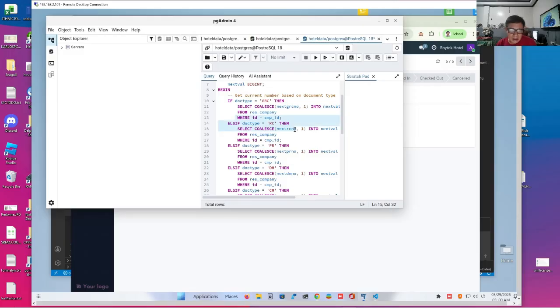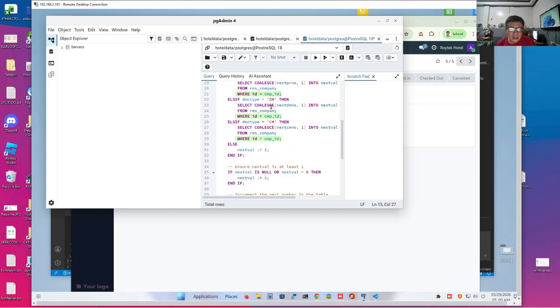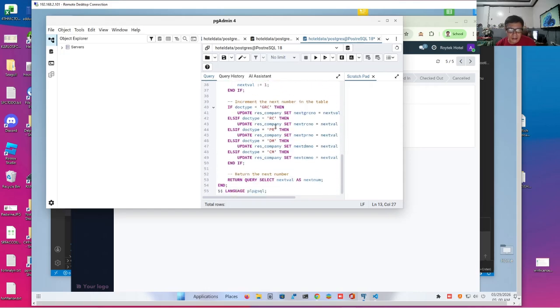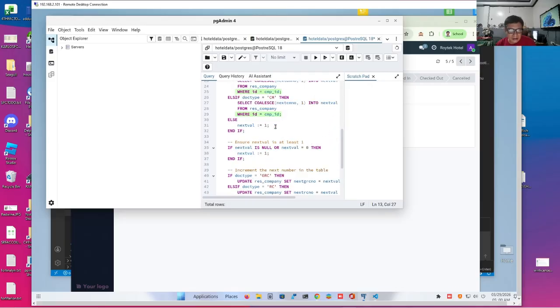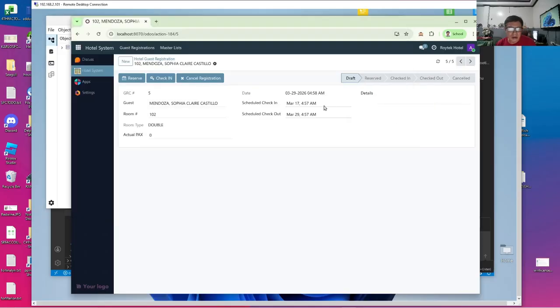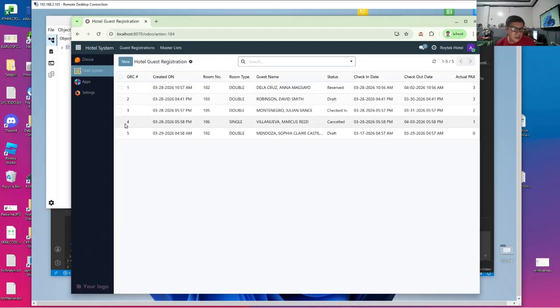We pass the company ID to make sure that it's company specific, and then the room charge, the debit memo, the credit memo, and the collection receipt, or rather payment receipt. Now, after retrieving it to a local variable, we will update the document number, so that if you see in our application, the guest registrations are in series. Okay, so that's the effect.